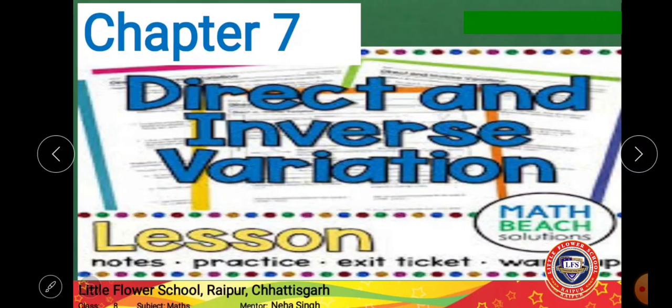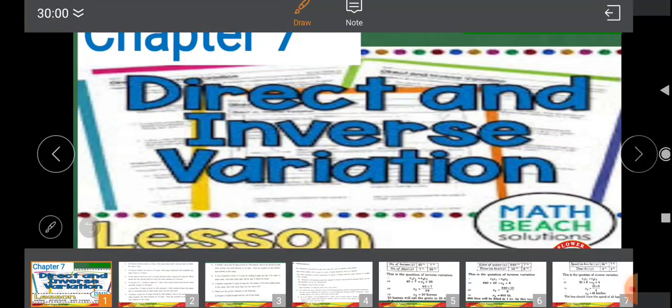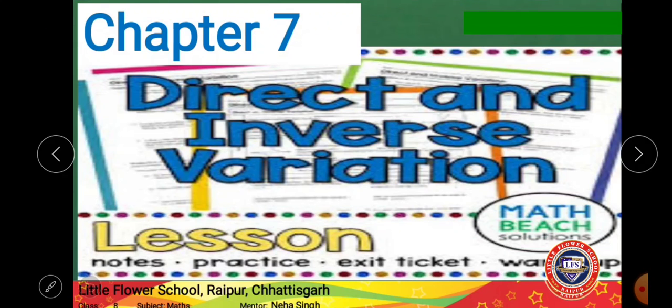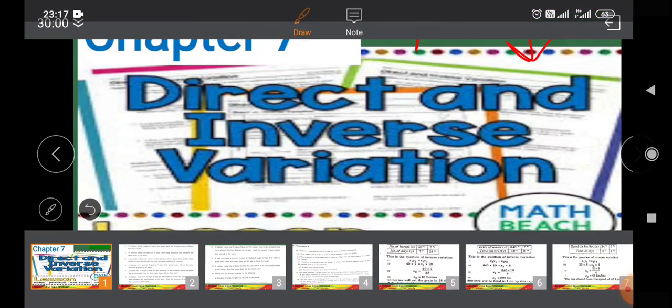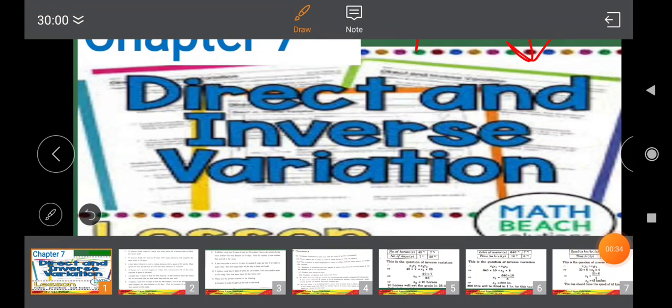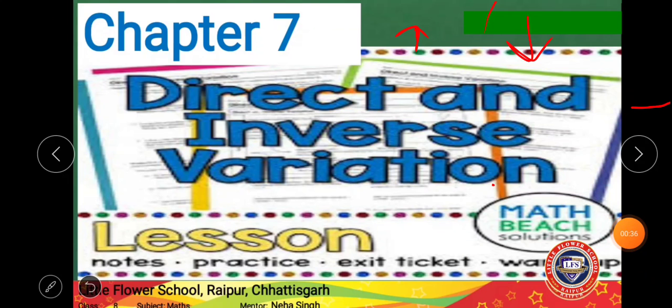In the first exercise we had solved the questions of direct variation. In this we will be dealing with the questions of inverse or indirect variation. As in the last video I had told, what is indirect variation? Indirect variation is when increasing one quantity, the other is decreasing, right? How can we take an example of this?